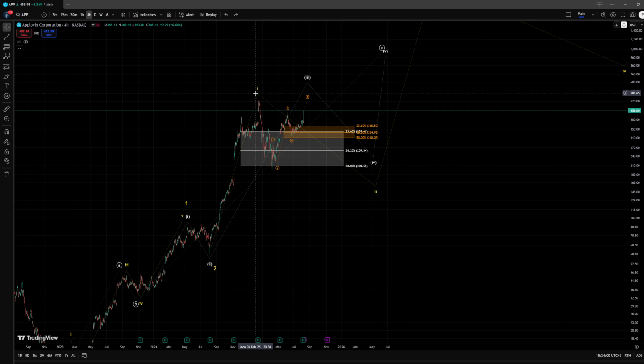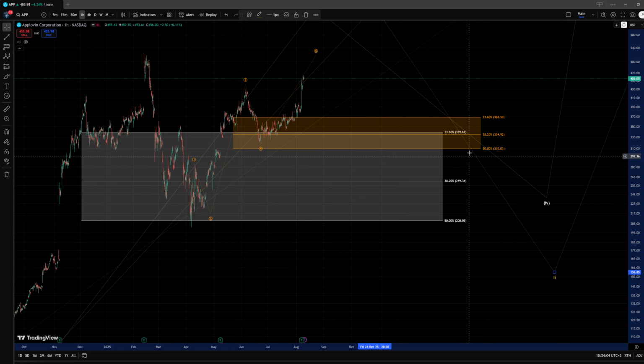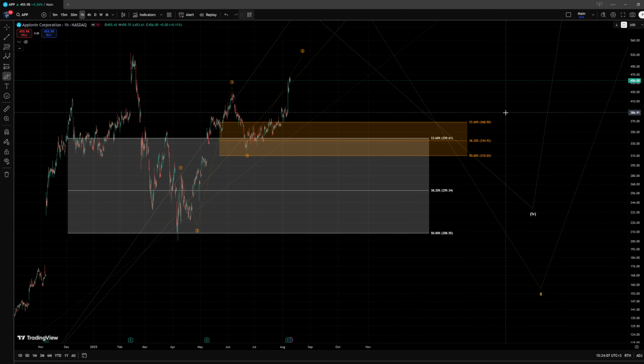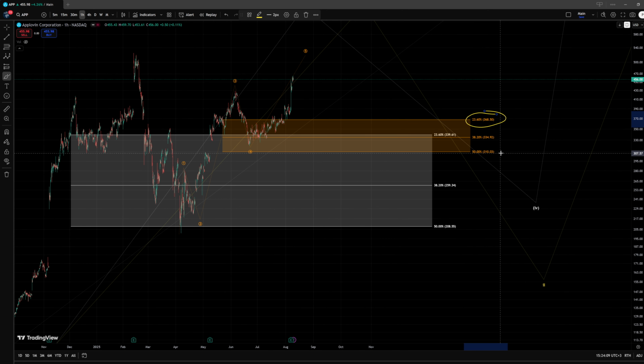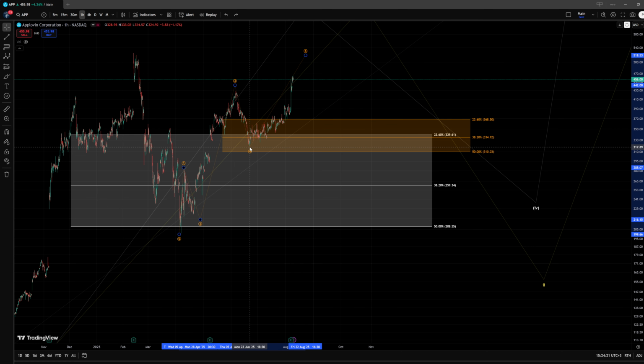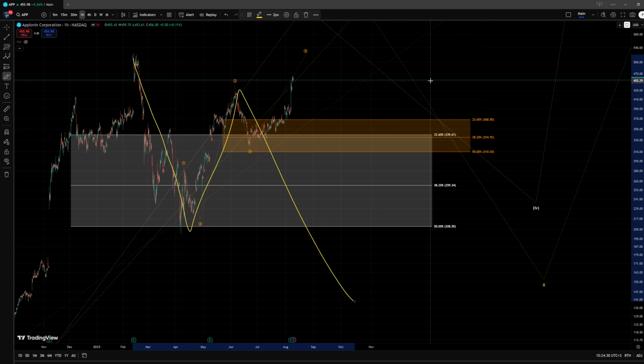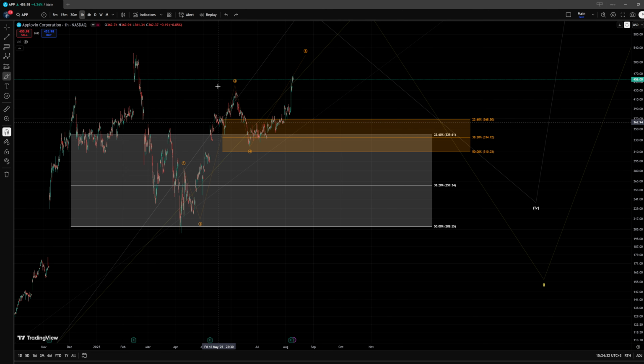Now, in the previous video, I also provided you this support zone in orange between $368.5 down to around $310, and we were somewhere around this area, still within the support zone, and I argued that a break below the $310 level would be an indication that we would be heading directly lower, and that this would be an ABC pattern, which I also removed from the chart,